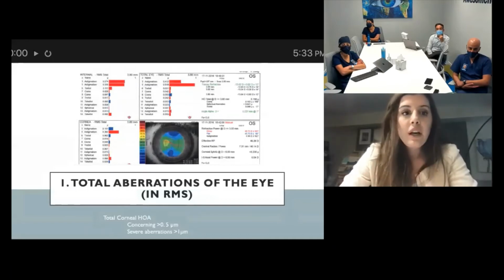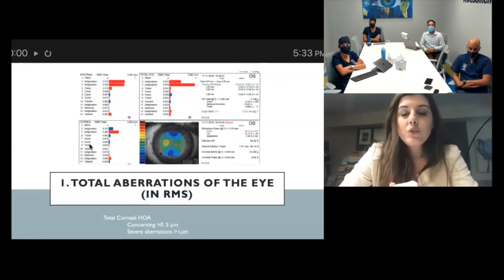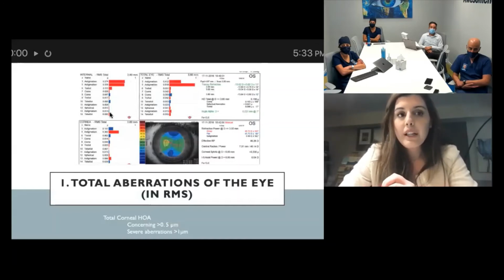So they're good. But in this one, it can actually break it down to internal aberrations, total eye, and corneal aberrations. Do make sure to look only at the corneal aberrations whenever you're pre-oping a patient for cataract, because this is what's going to remain after the surgery. Yet pay attention, if a patient has endothelial disease, usually any endothelial disease can cause aberration profile, and that aberration